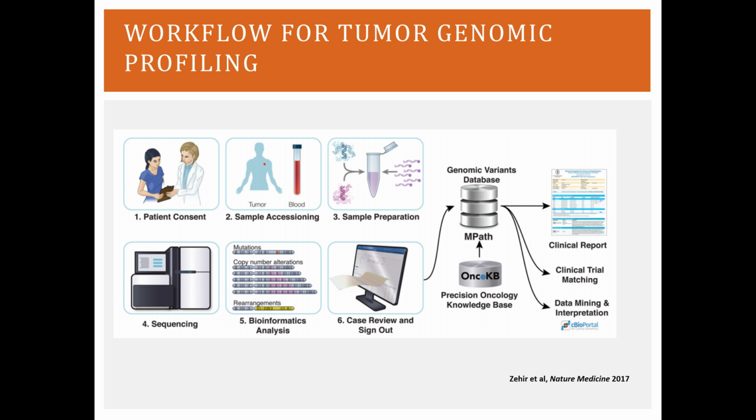We actually get quite a lot of sequencing data from each of these individual tumors. So there are many, many mutations, sometimes over hundreds to thousands of mutations that can be identified in a given tumor. And the goal then is actually to analyze this data using what we call bioinformatics algorithms in order to identify these mutations and other changes that may occur within the tumor DNA, and then actually to be able to divide these into ones that are actually important for the biology of the tumor and also important from